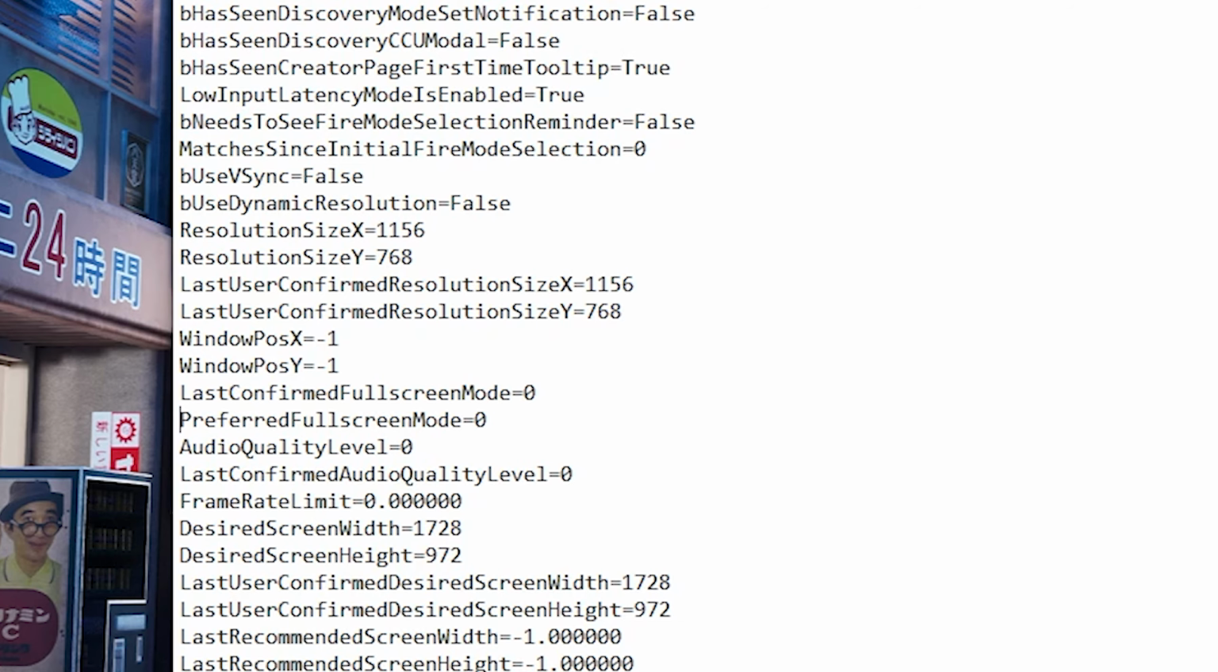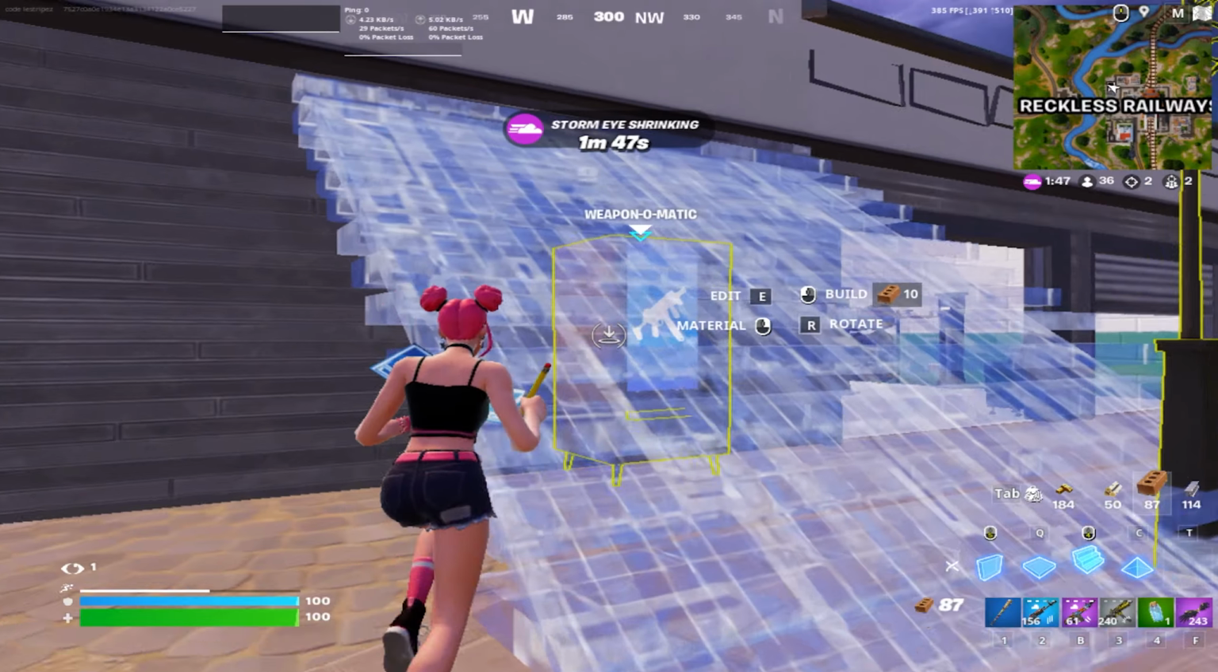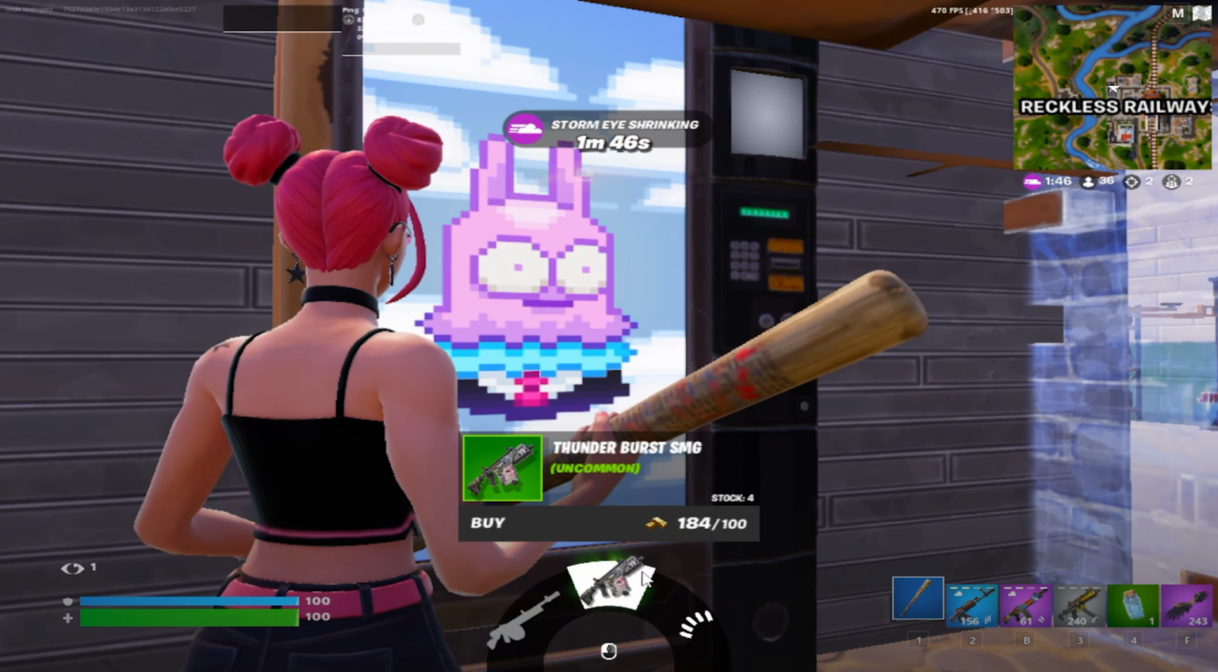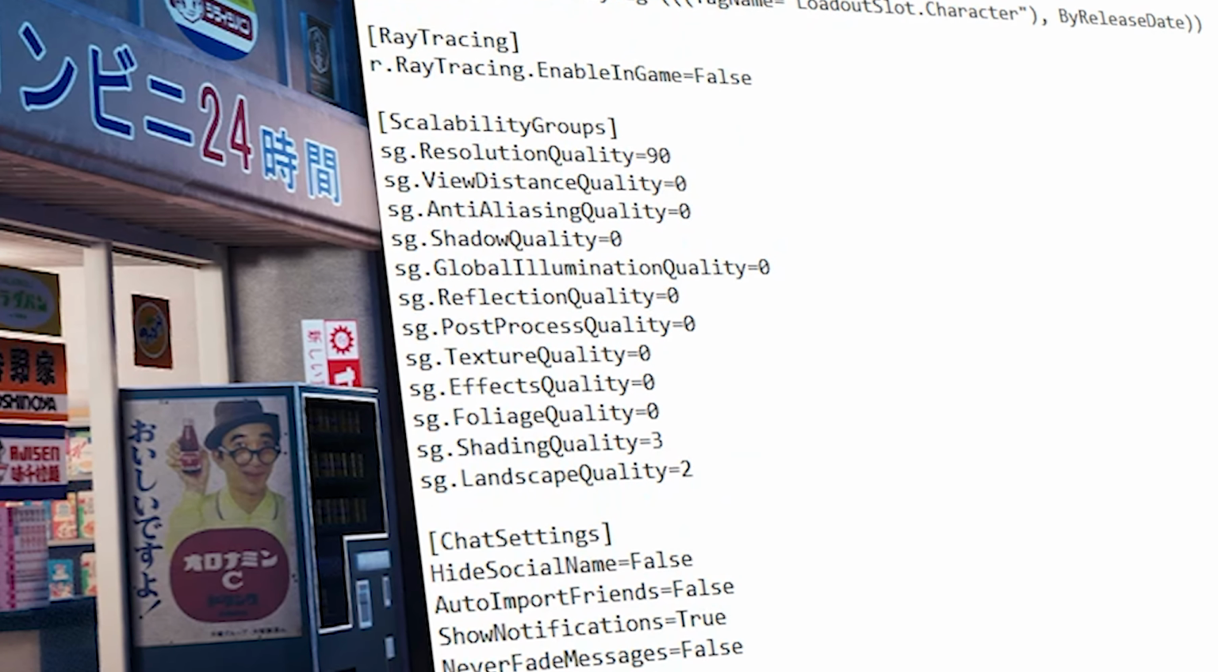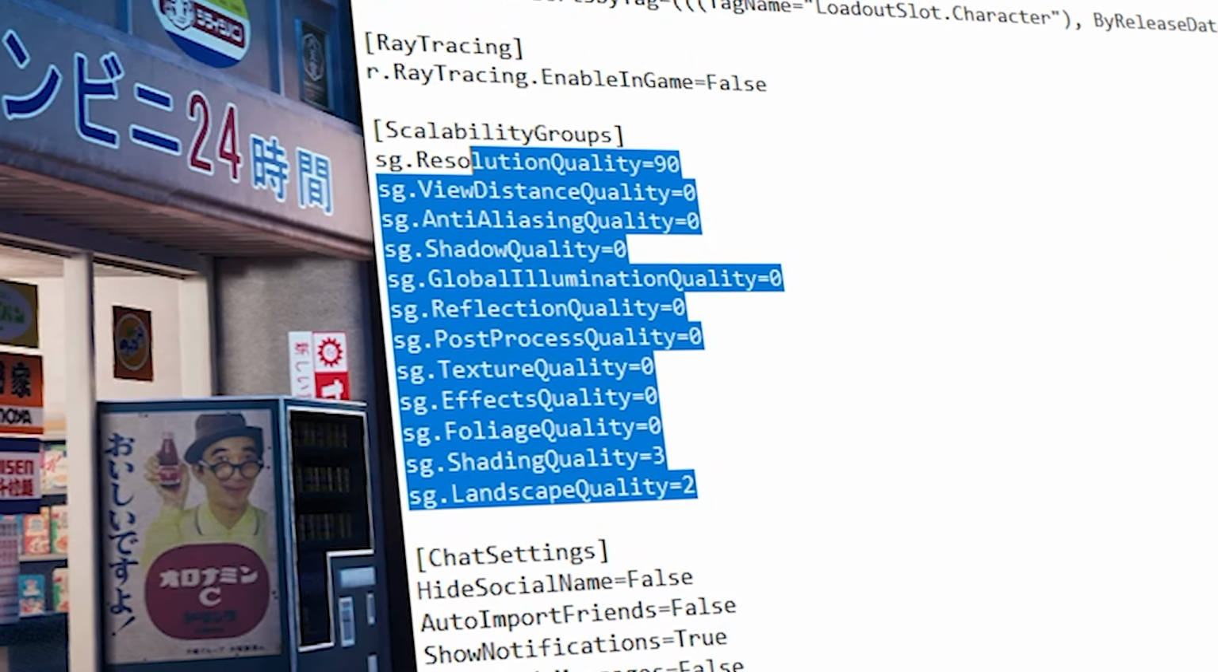Then you can see straight underneath, preferred full screen mode on 0, audio quality level on 0 as well, guys. If you have your audio quality in Fortnite on high, this can cause stutter. It's even written out like this in-game. Last user confirmed audio quality as well on 0, frame rate limiter on 0 as well, so that we have no capped frames. And then under scalability groups, guys, you're going to make sure that you copy all of my